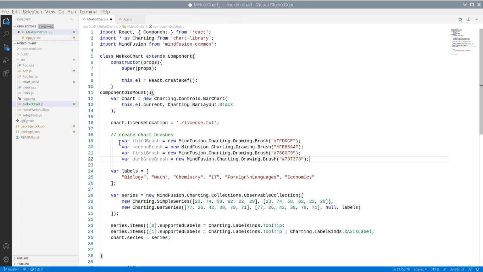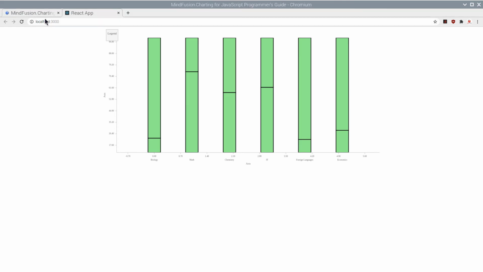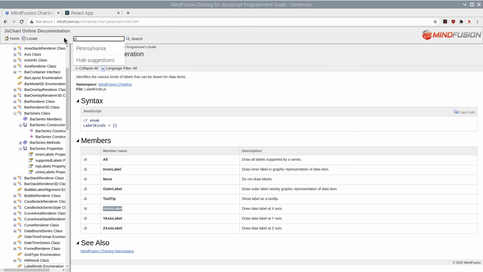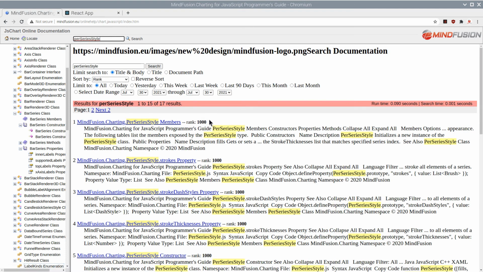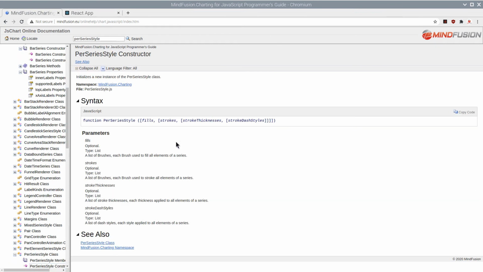We declare several brushes that we will use for coloring the chart. Styling the elements of the chart series is done through Styles. There are several types of styles that color the chart elements in a different manner. We will use the Per Series Style class, which colors all elements of a chart series in one color.